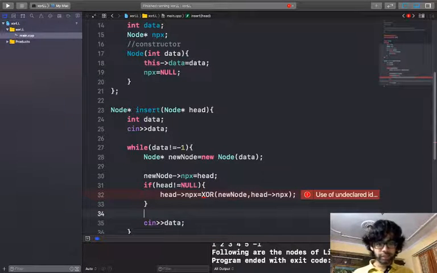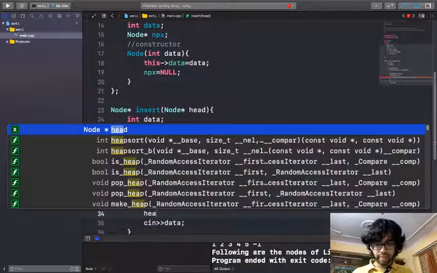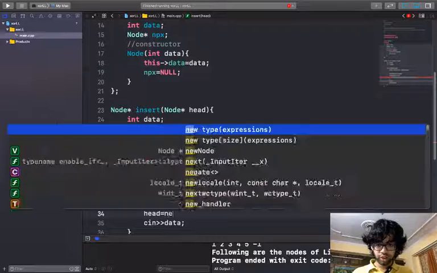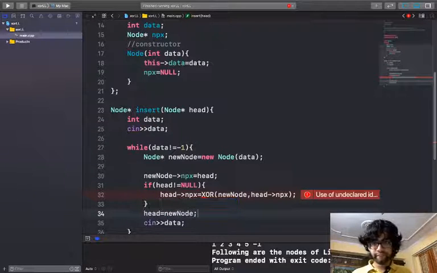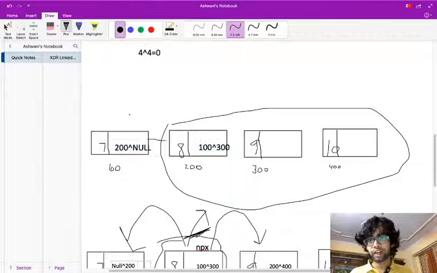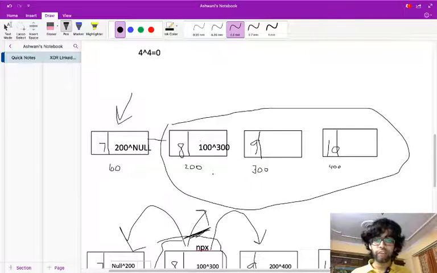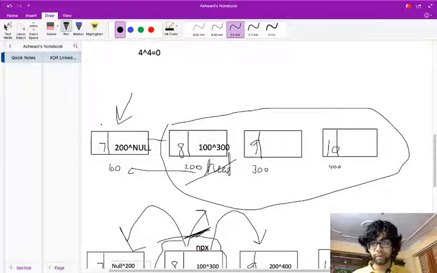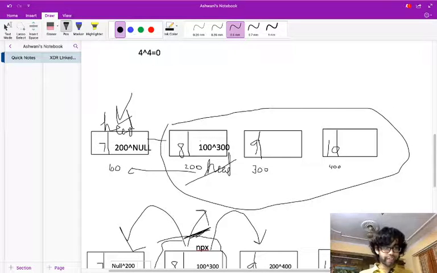Now let's just update our head. Head is equal to new node. So after adding this node, I have to update this head to this head. Now this will be my new head. Okay, done with bad writing.